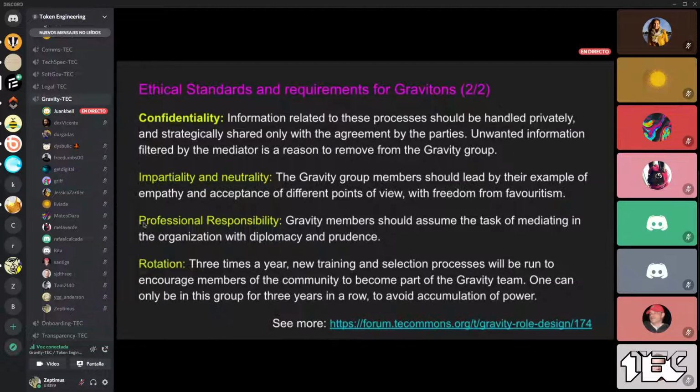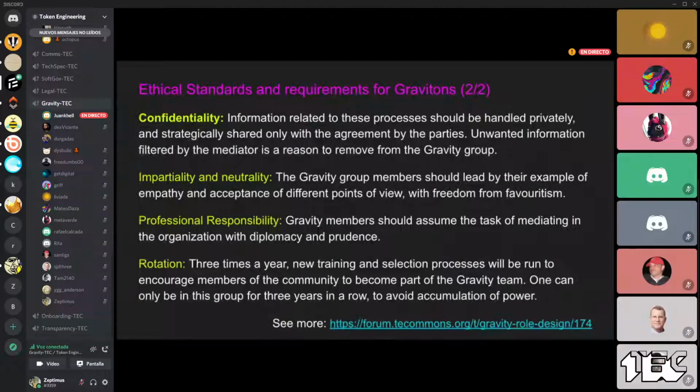And this is another ethical standard, that is professional responsibility. Mediation is a professional job, and it should be done with diplomacy and prudence, and with all the professionalism that you would use in a normal job, because it is not an informal process. This is something formal and kept for the well-being of different communities. And the idea of the gravitons as well is to have this group of people in a rotation, where new trainings